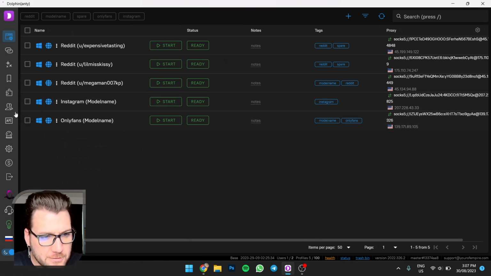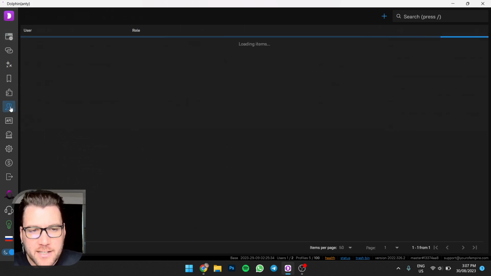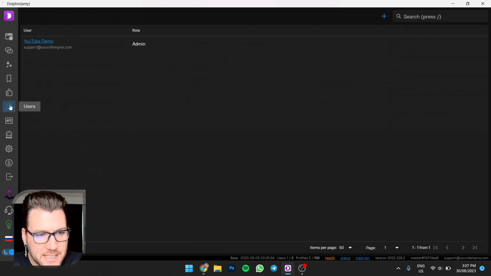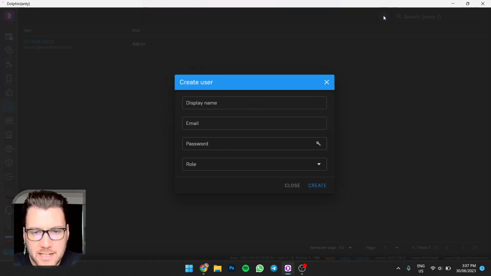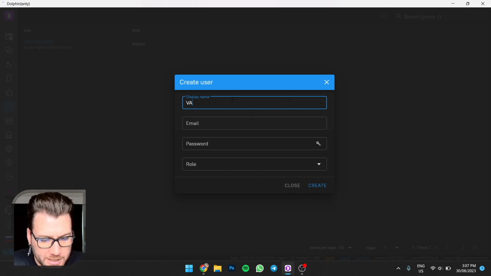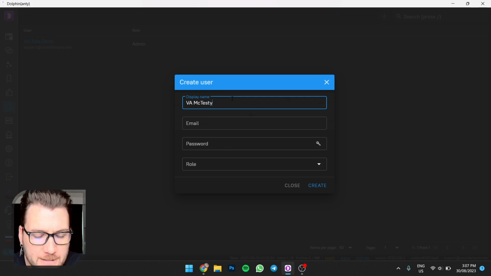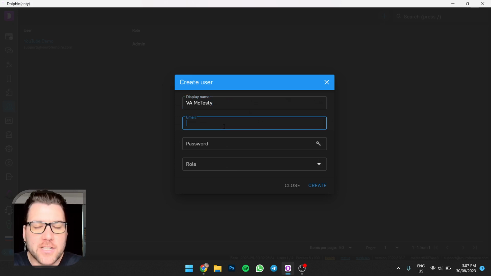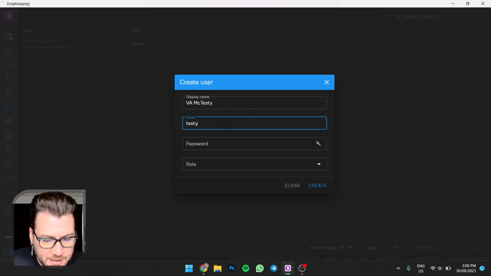So first thing you'll do is you'll create a user. Now you'll go here, you'll click on users in the left pane here. Then you go plus. Display name, call it whatever you want. You'd probably want to use the VA's first name /VA /whatever, right? Use the email they want you to use so that they remember it, because you want them to remember their login credentials. So we'll say, I don't know,